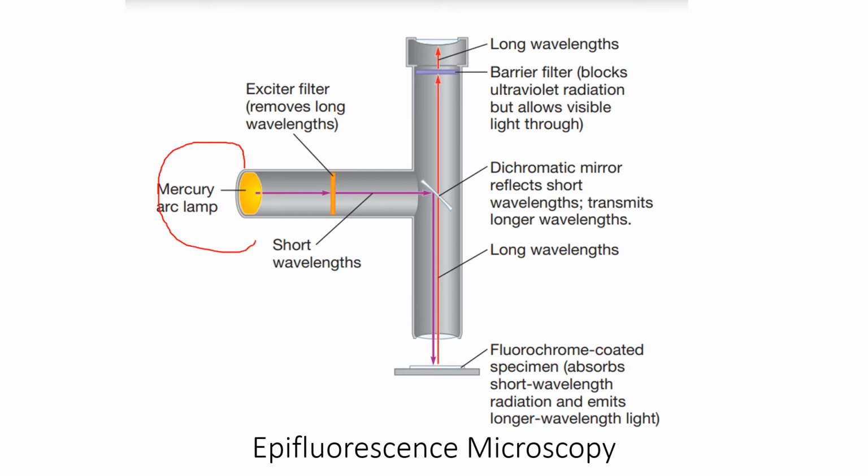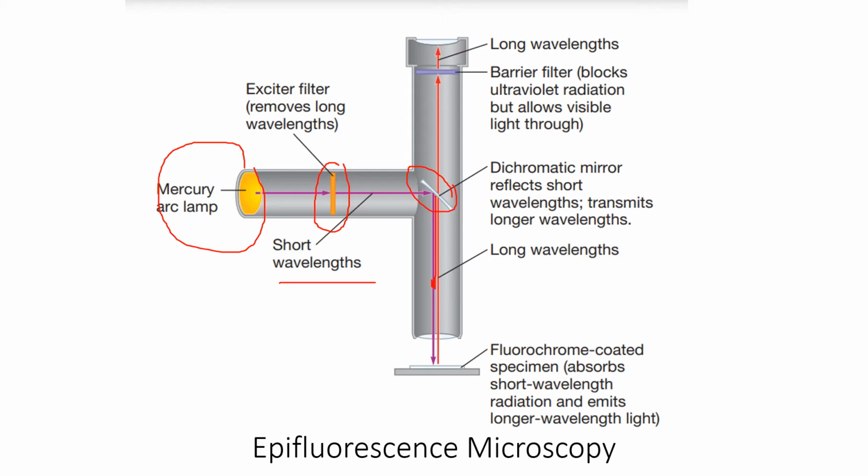Now look at the parts, okay? The mercury lamp is producing your UV light rays. Short wavelength light rays pass through the excitation filter. This filter will ensure that only short wavelength light passes through and no other long wavelengths. These short wavelength light rays hit our dichromatic mirror. What is the function of the dichromatic mirror? Its function is to ensure that short wavelengths get reflected by it. See, you can see. And now finally, our fluorochrome molecules.